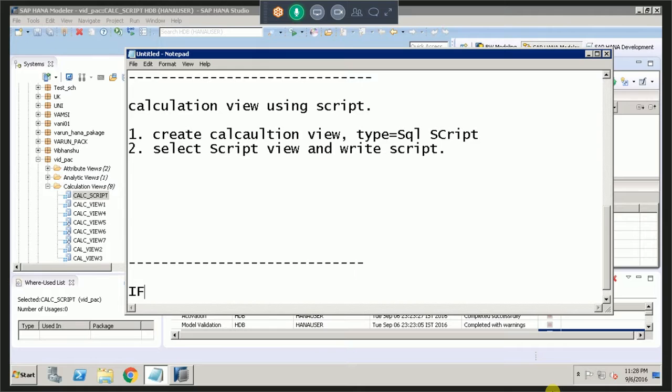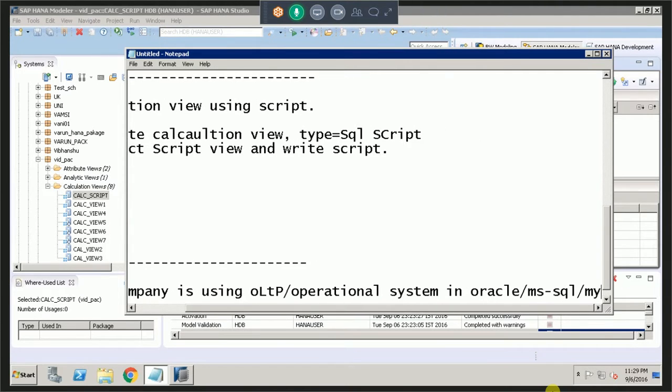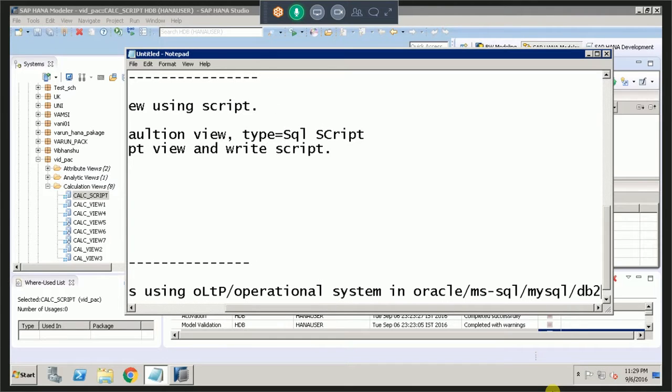If a company is using OLTP, OLTP means operational system, using an operational system in Oracle, MS SQL, MySQL, DB2,